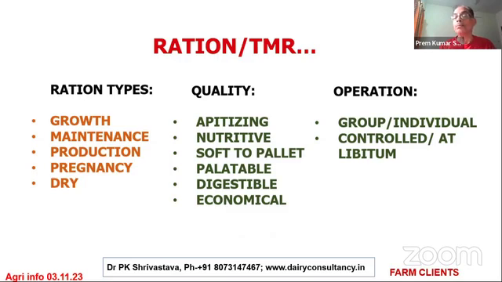Then economical, it should be economical. In many cases I have come across, people are feeding cows things which are not their food at all, as if they are giving good energy to the cow. It doesn't matter whatever you are giving. Suppose you start giving cashew nut to the cow tomorrow, it's not going to give a golden color or cashew milk.